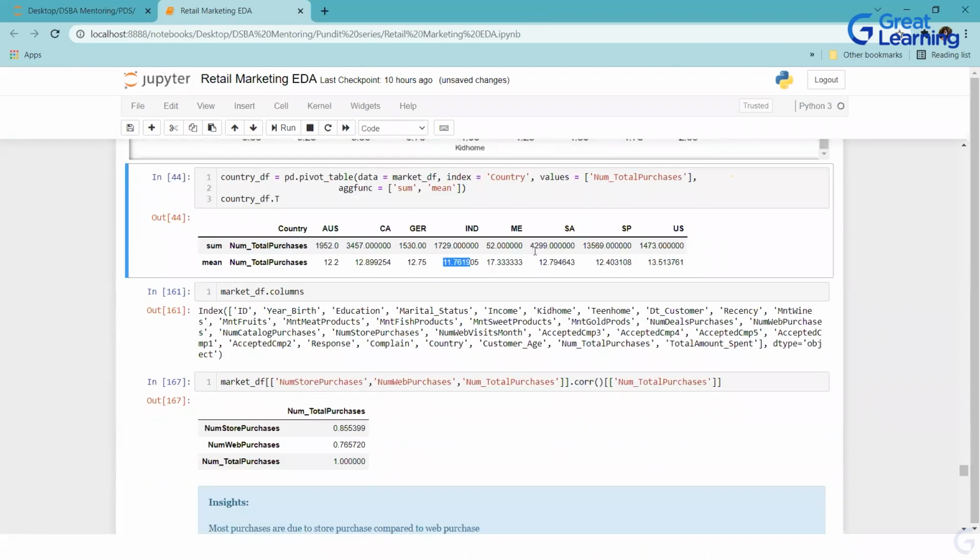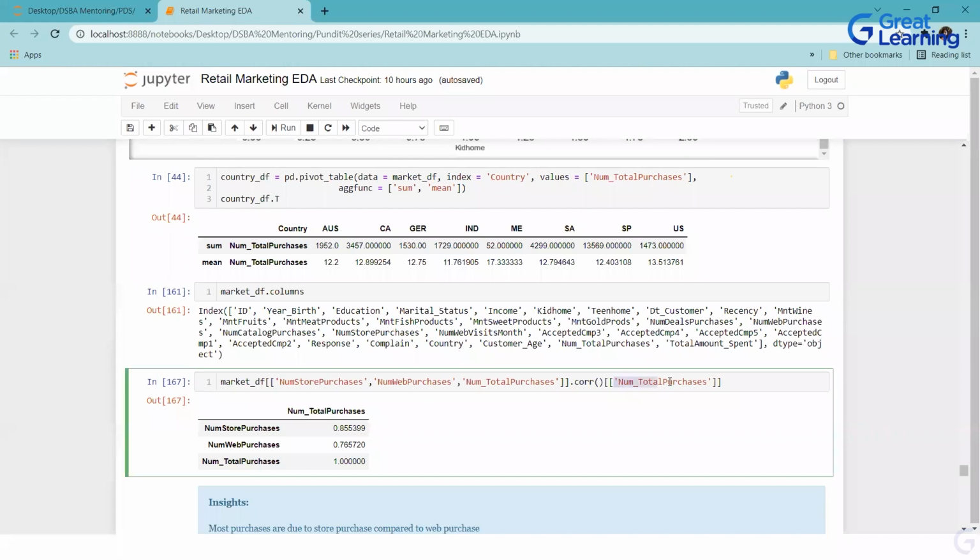So this is just for my sake. You find correlation of one column with multiple columns, taking one at a time. This is as per my convenience, what I want to see. That matrix view is confusing. I don't want so much information. My area of concern is the total number of purchases, and I want to see its relationship with other columns also. That's what I did: how it is dependent on the store purchase and web purchase. This is a simple subset, then I'm taking a correlation and seeing only its correlation with this. I don't want to see the complete correlation matrix. This is how you can view your data instead of getting into confusion.